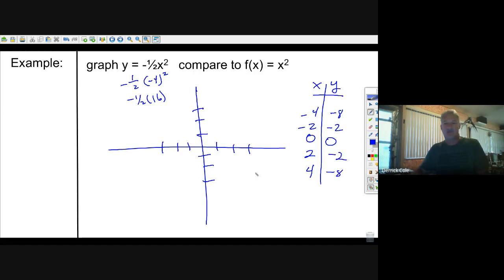All right, so the negative 8s aren't going to graph well, but the 0 will, and the negative 2 will, and the positive 2, negative 2 will. So look, see how it's wider? All right, so here is